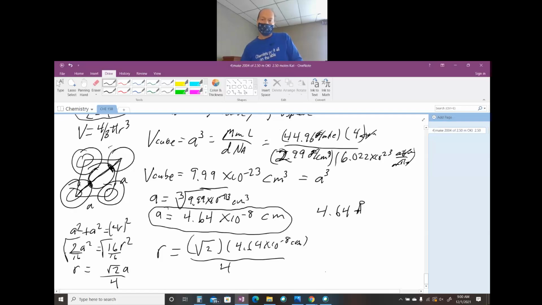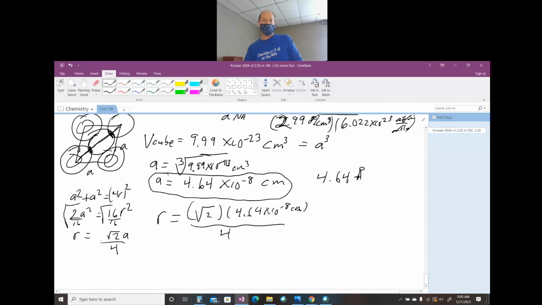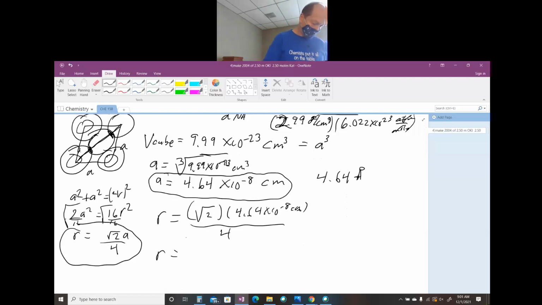divided by 4. You're going to have 3 radius equations given to you. You're going to have to know which one to use, and this is the one you use for a face centered. So you take the square root of 2, you take your square root of 2,